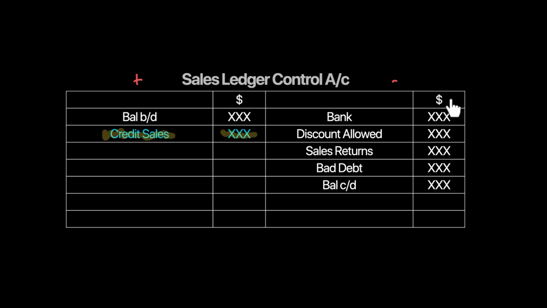Okay, after that you will have the bank figure. So the bank account should be given. You should be able to calculate receipts from trade receivable, the discount allowed figure, sales return, they all decrease your trade receivable. Any bad debts will also decrease your trade receivable, and closing trade receivable will be given. Now over here, using the sales ledger control account, our job is to calculate this missing figure, which is credit sales. Right? So using the sales ledger control account, we can find the missing information, credit sales, in a question